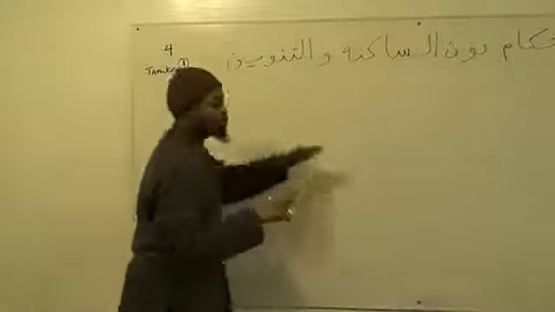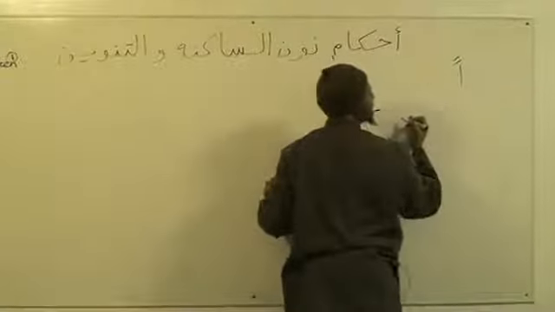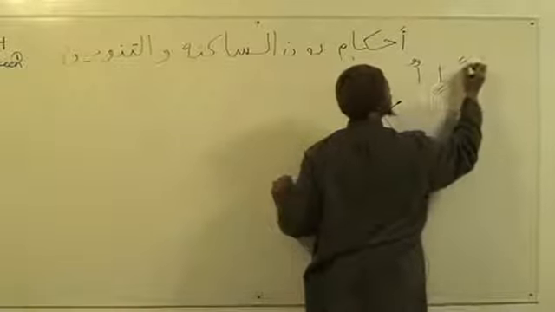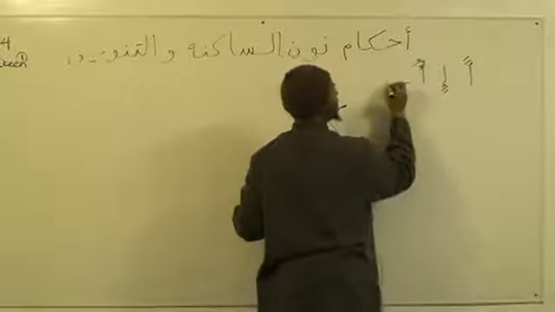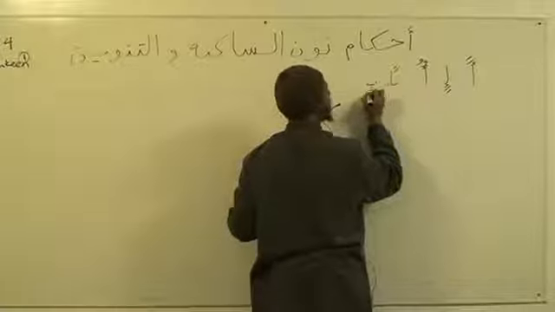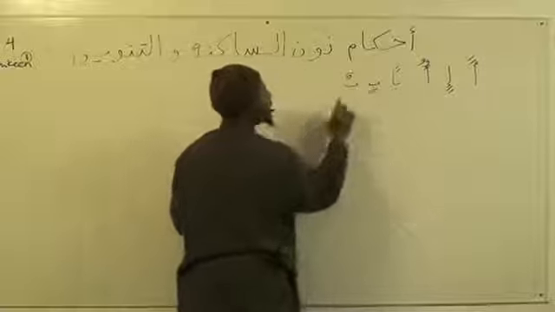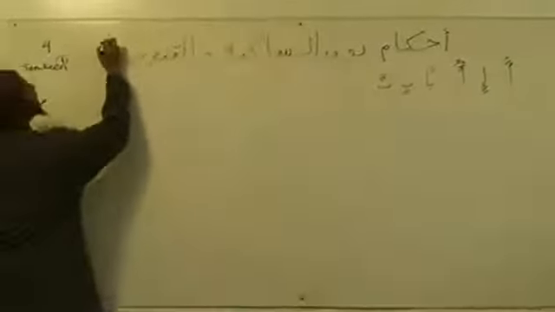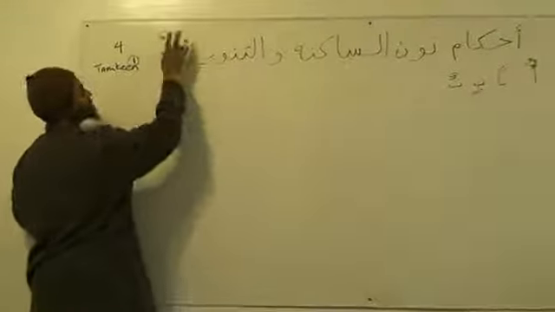Here, we're going to show you what it looks like. You see, this is tanween. Say an, in, un. And this is with hamza. An, in, un. Ban. Bin. Bun. And I did this on purpose because you can either write the tanween like this, or you can write the tanween like this. Okay? It's basically the same thing.